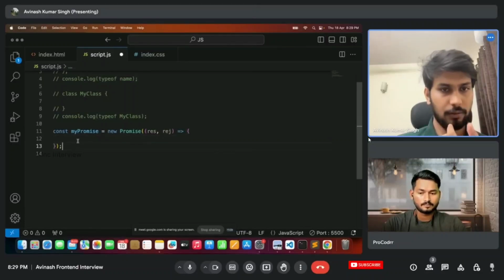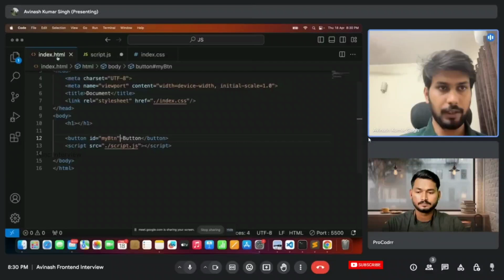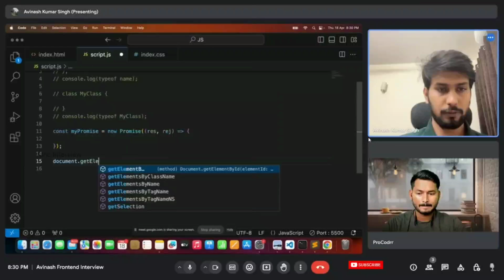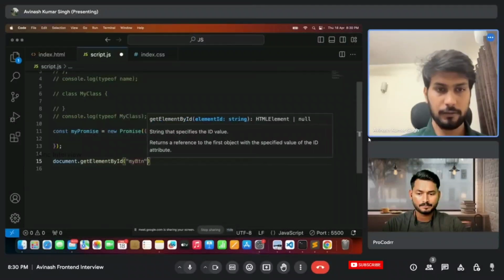If I don't resolve or reject it, it will always be in pending state, right? Yes. And if I attach a document listener to that ID,